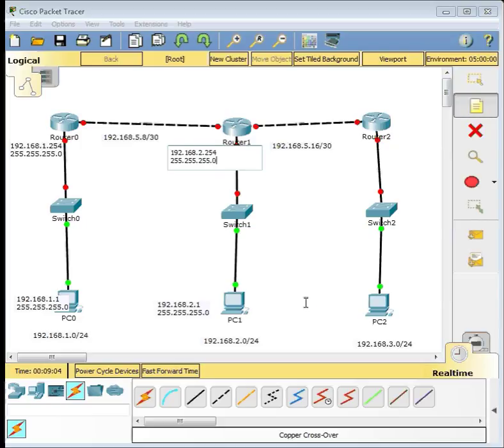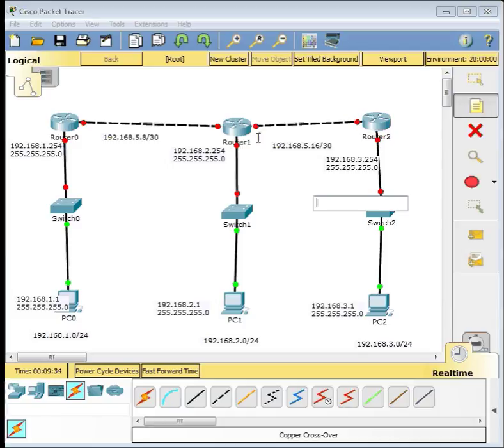Let's give it to PC2 as well. It's the same case. So 192.168.3.1 subnet mask 255.255.255.0 and for this interface the IP is 192.168.3.254, 255.255.255.0.